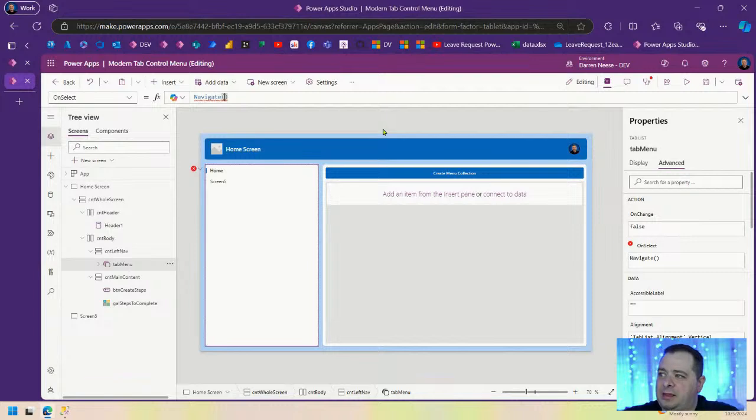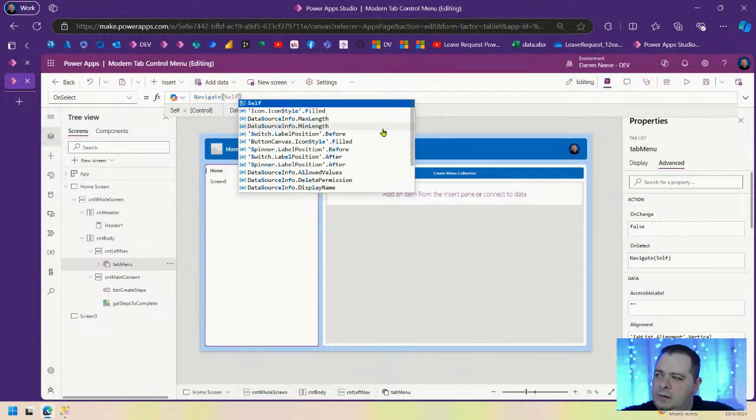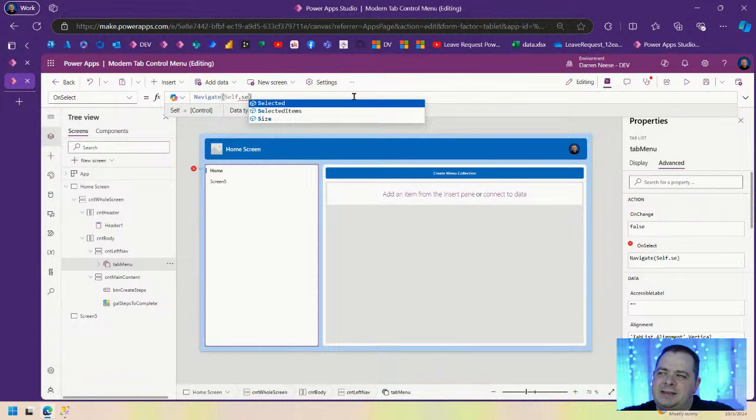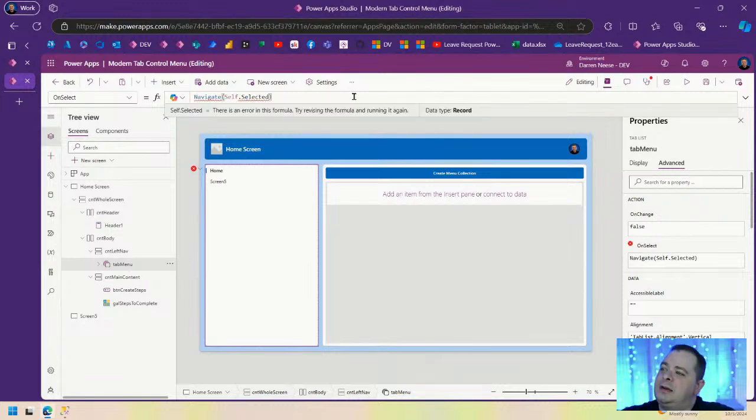Where do we want to navigate? The navigate function is a function that you use to move from screen to screen, and we need a reference to a screen. What I'm going to do here is reference the self, which, if you notice down here, what control are we in? We are inside the tab menu control. So if you ever use this self keyword, it's always going to reference the control that you're currently in. So I'm going to say self dot selected,